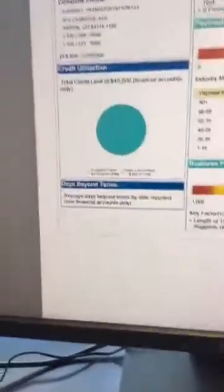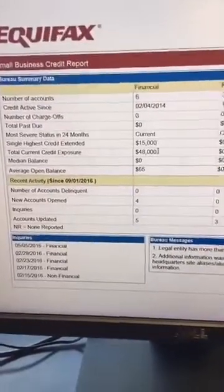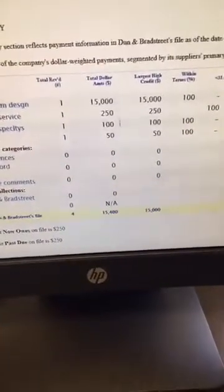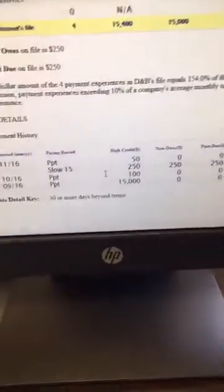We can see clearly on her Equifax report that she's got high credit limits of 15,000 being reported here. We can see here that she's got 48,000 in total credit with Equifax alone. And if we come back here, we see her D&B report where again she's got $15,000 high credit accounts on her D&B report as well. And then here's some more information on her D&B. So this is exactly what the business credit process looks like, right? So we come in,